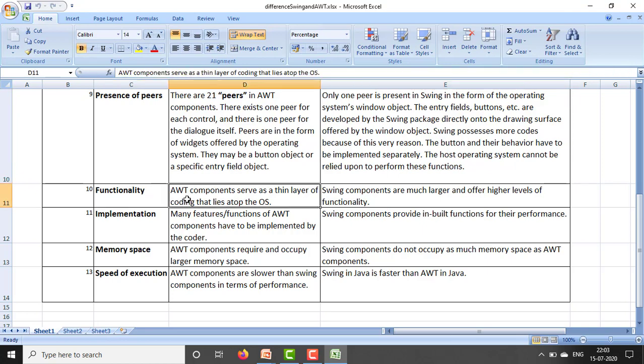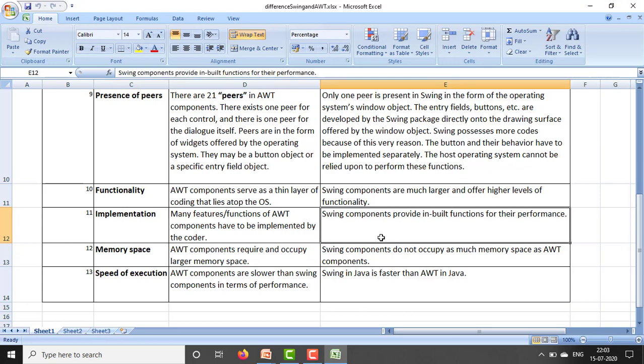Functionality: AWT components serve as a thin layer of code that lies atop the OS. Swing components are much larger and offer higher levels of functionality. Implementation: many functions of AWT components have to be implemented by the coder.